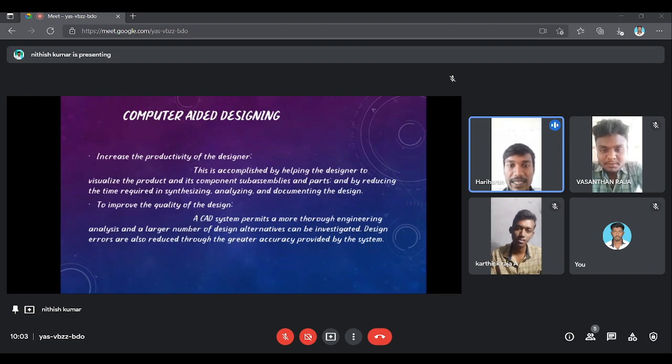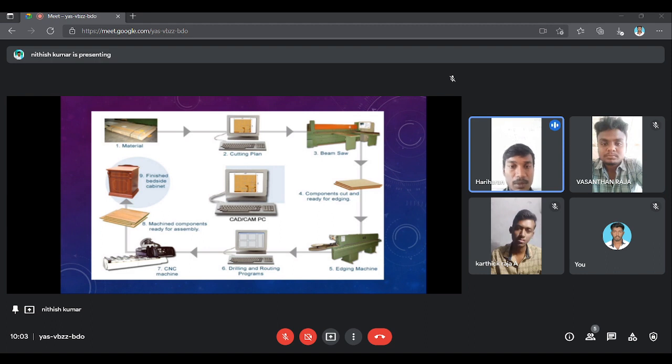Computer-aided designing increases the productivity of the designer. This is accomplished by helping the designer to visualize the product and its component subassemblies and parts, and by reducing the time required in synthesizing, analyzing, and documenting the design. To improve the quality of the design, a CAD system permits a more thorough engineering analysis, and a large number of design alternatives can be investigated. Design errors are also reduced through the greater accuracy provided by the system. Next. And this is the model of the diagram which I mentioned in the two slides before. Next,